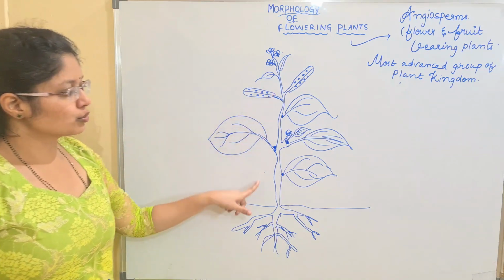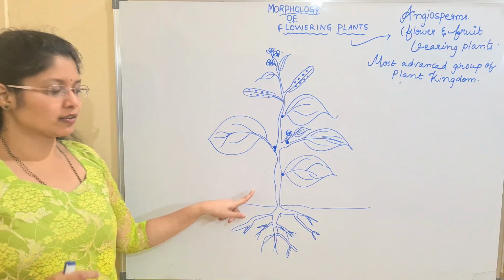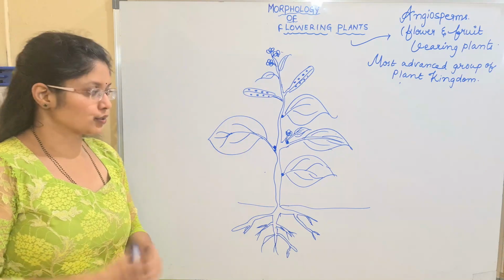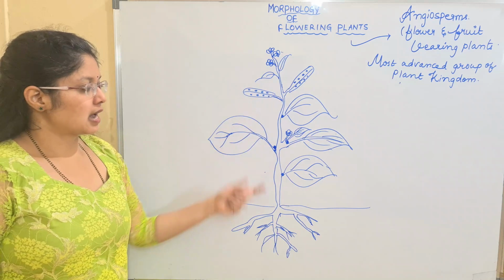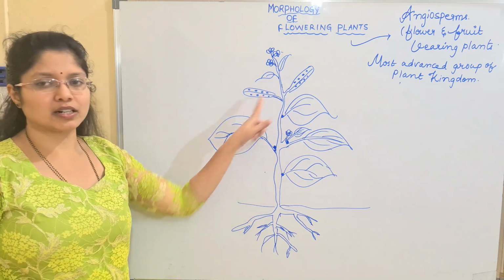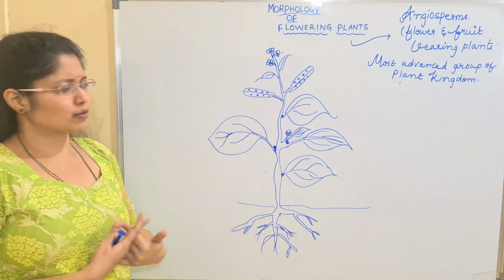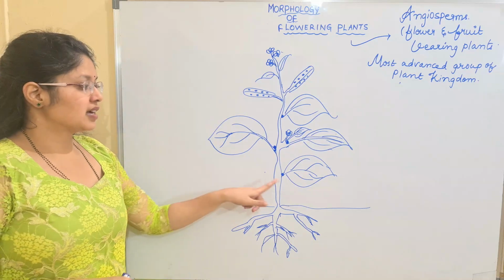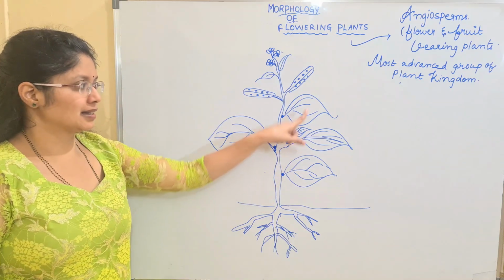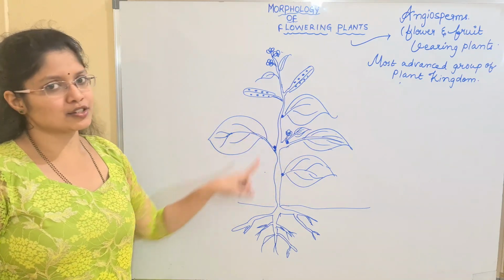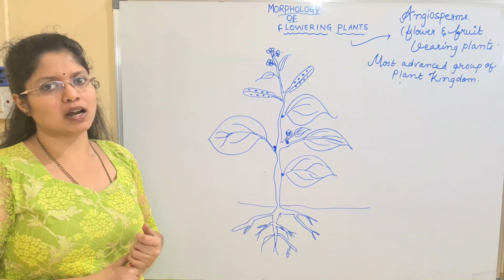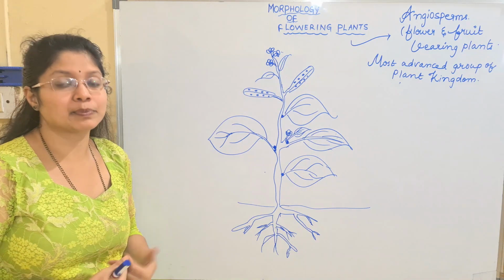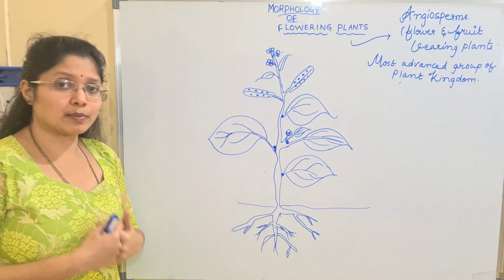And in the case of the shoot system, we are talking about the aerial part which is present above the ground. The shoot system here is the main axis, and this main axis will bear different kinds of organs. What are the different kinds of organs we have in the plants? We have leaves. All these are leaves, and these are the major sites of photosynthesis. These are autotrophic organisms. All the plants have chlorophyll inside them which will trap the sunlight, and they will prepare their own food